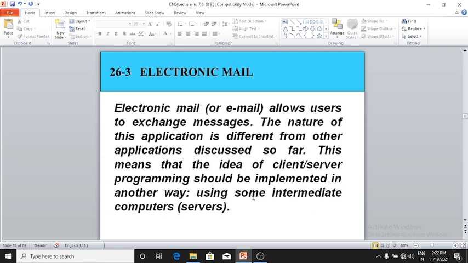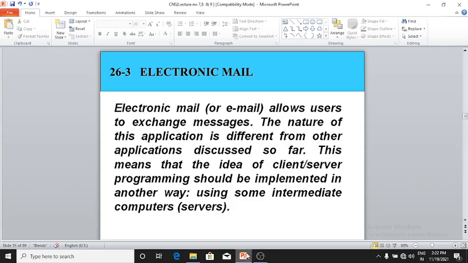Okay, here is electronic mail, or email. Electronic mail allows users to exchange messages, right? The nature of this application is different from other applications discussed so far.